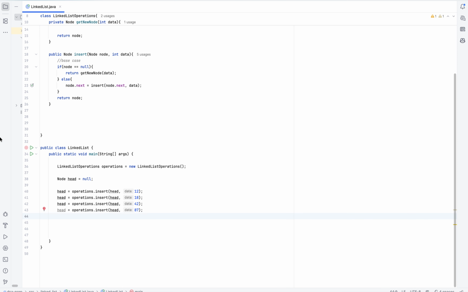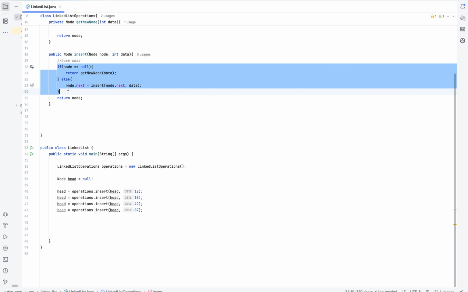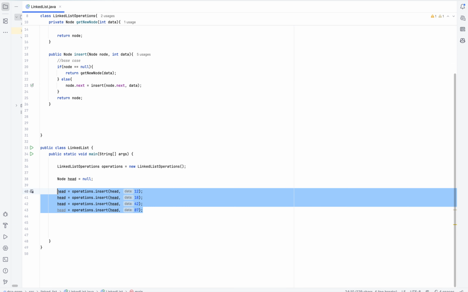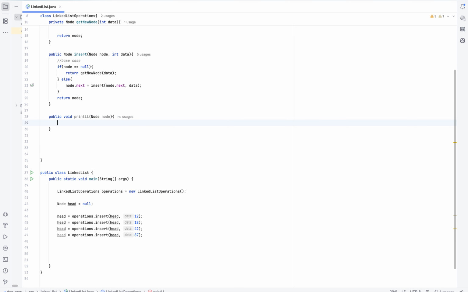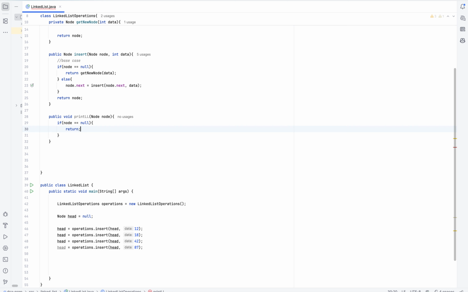So let me show you through the code how you can do it. So in the last tutorial we already created this insert method with the recursive approach to enter all these elements into the linked list. Now what we'll do, we'll be creating one more method, print linked list with node. We'll be getting the node here, and if in the beginning your node equals to null, then you will return it simply.